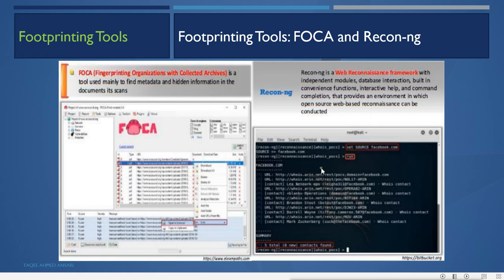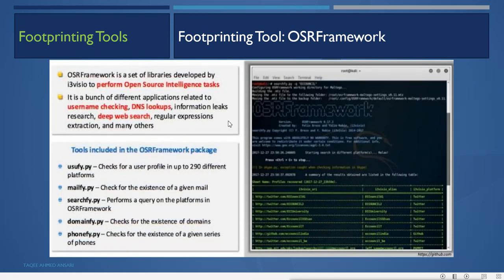Then we have this tool, OSRFramework. This is a set of libraries developed by i3visio to perform open source intelligence tasks. It is a bunch of different applications related to username checking, DNS lookups, information leaks, searches, deep web searches, regular expression extraction, and many others.